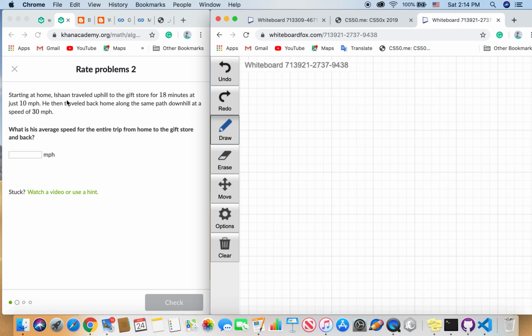Starting at home, Izan traveled uphill to a gift store for 18 minutes at 10 miles per hour. He then traveled back home along the same path downhill at a speed of 30 miles per hour. So let's take a look. The question is, what is his average speed for the entire trip from home to the gift store and back? There's a formula we're using here, which is total distance